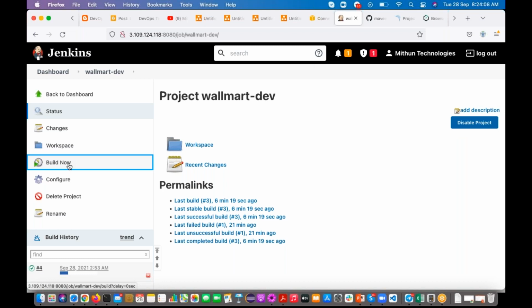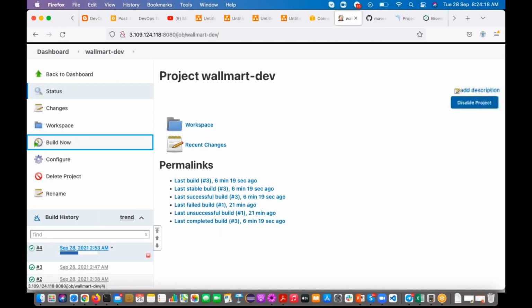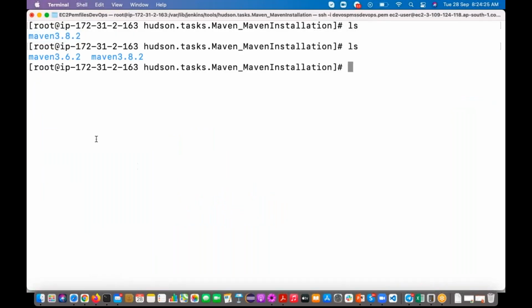If you just configure and do not use it, then it is not going to download. Right now for this job, which version of Maven software are you using? 3.6.2. So now if you type ls, you will see the 3.6.2 version of software also. Go inside that Maven 3.6.2,